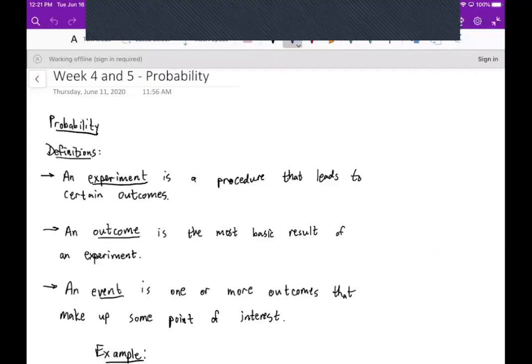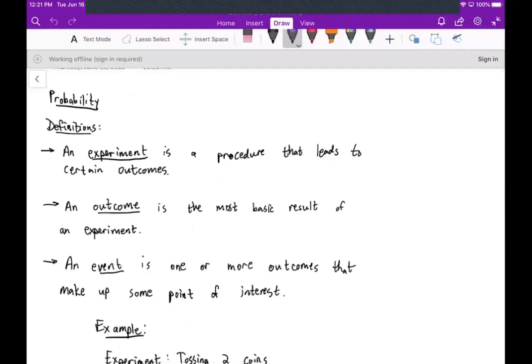Okay, guys, welcome. Today we're going to talk about probability. Now, in this first video, we're going to talk about a lot of definitions and some basic principles that involve probability. Okay, so to start off, we have that an experiment is some sort of procedure that will lead to